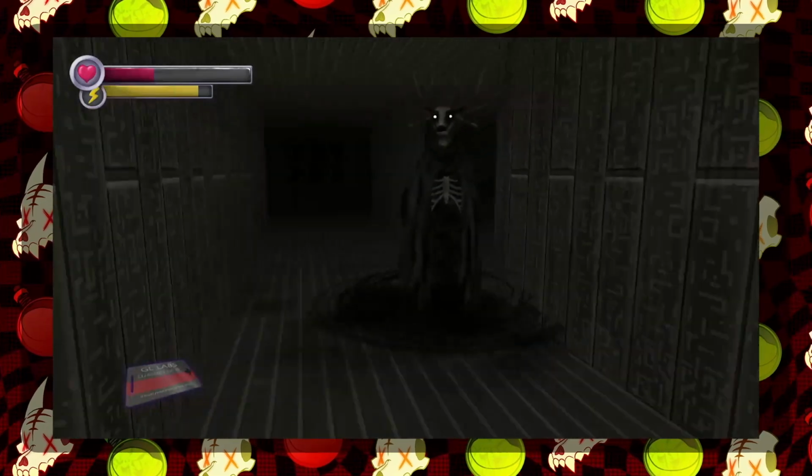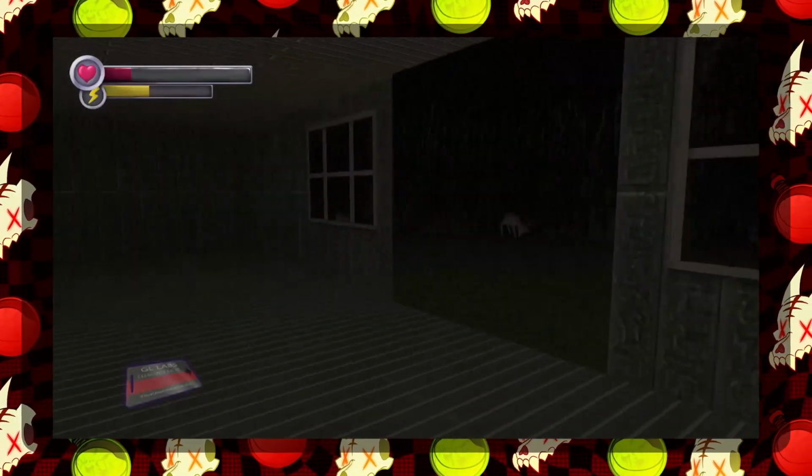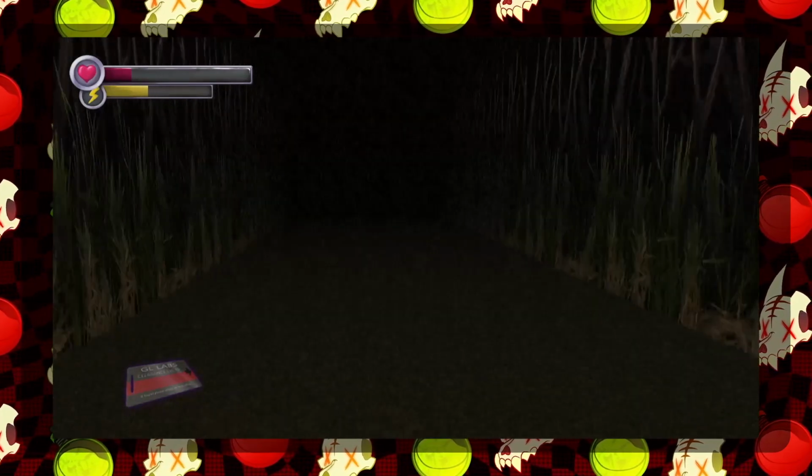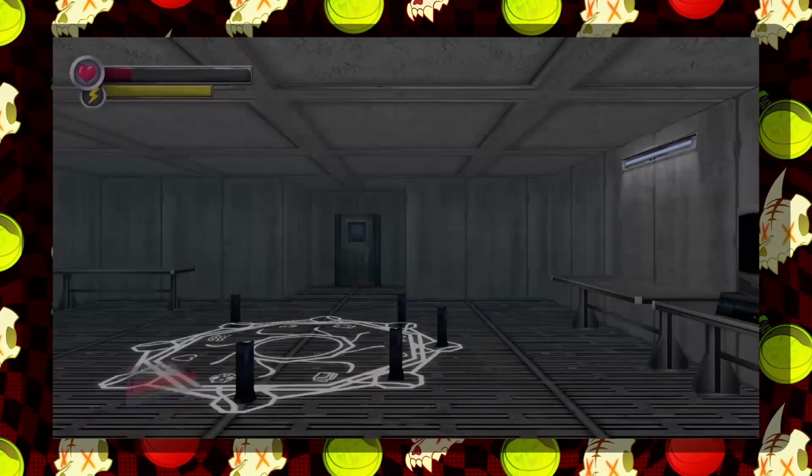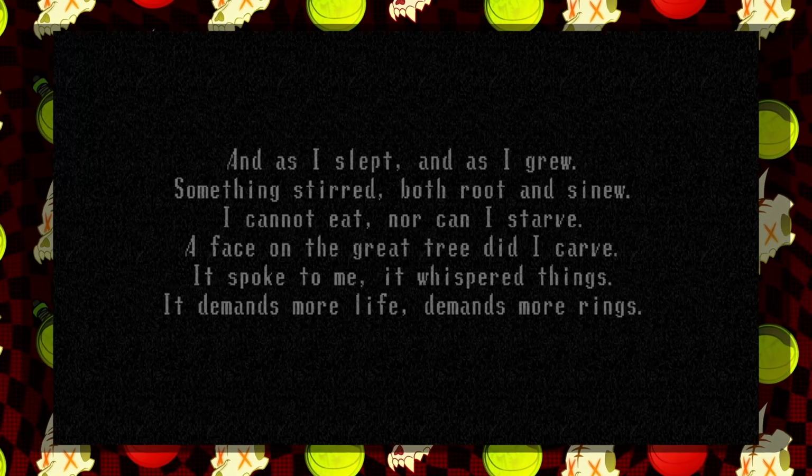The final room that we come into before running into the Hellgate is a cabin that leads out into the forest, and after shattering the Hellgate source, Specimen 8 gets a new voice line. "Praise be my architect." And once again, we get a different death screen text, which reads, "And as I slept